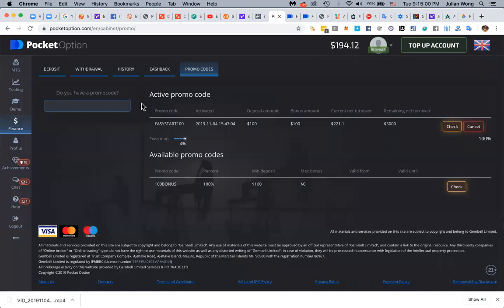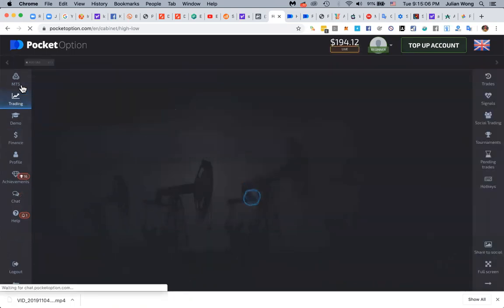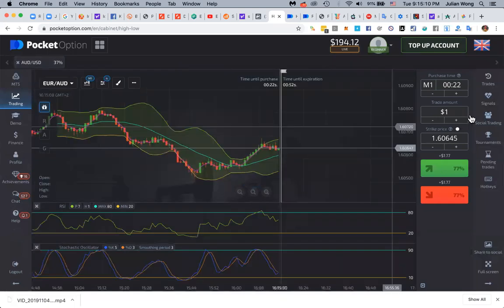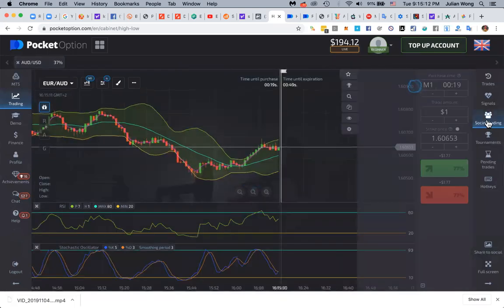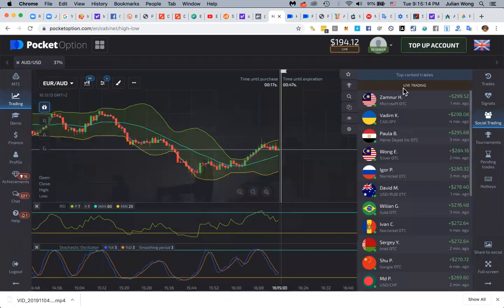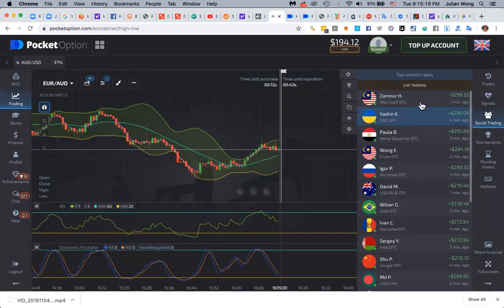So let's get back to the part that was dangerous. I want to show you this part here. When you go into social trading, basically the way I sort all these, I don't select from this screen, because these people are basically just the most recent trades.